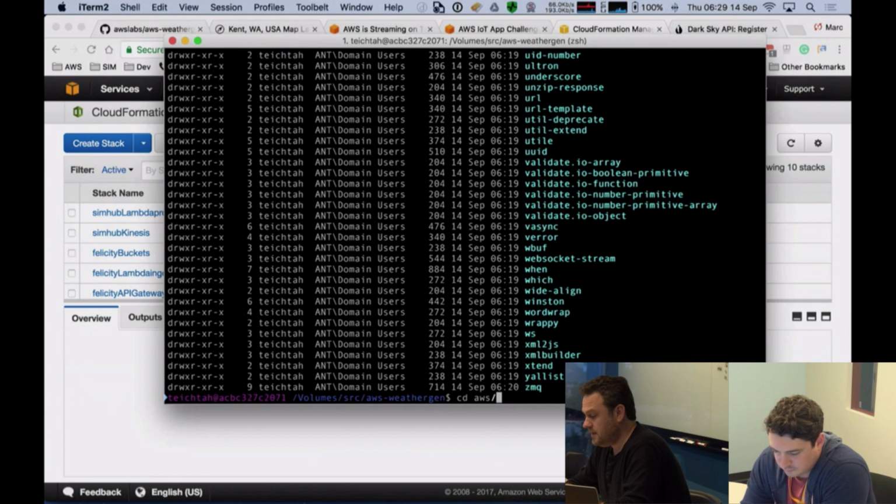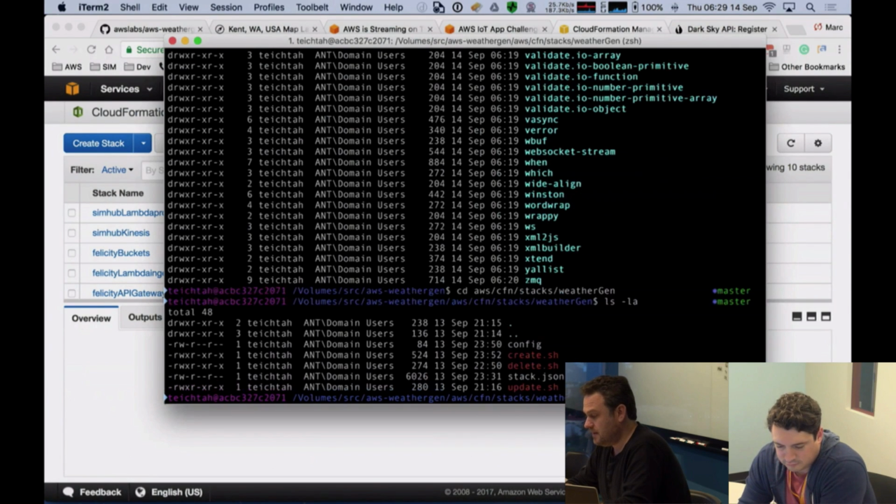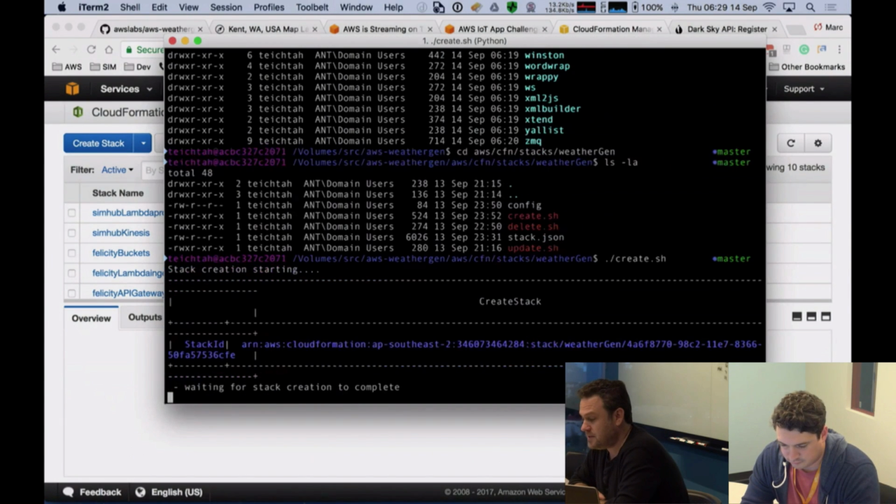So if you go into the AWS CFN stacks weathergen directory, and we have a look in there, there's our create, delete, update, our configuration, and our stack definition. All I need to do to create this stack is just go create.sh. And that's going to use the AWS CLI. So if you don't have the AWS CLI, we'll post a link in the chat window about where you can get some help for that in terms of installing it.